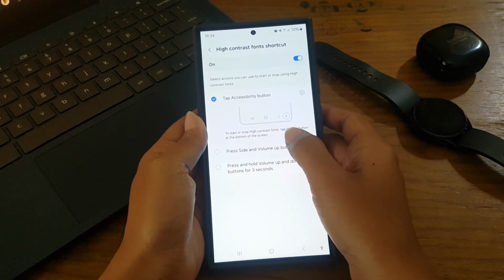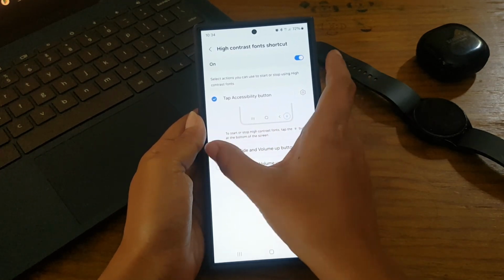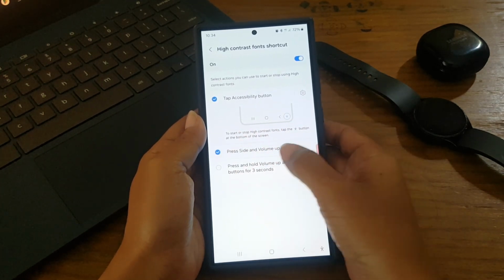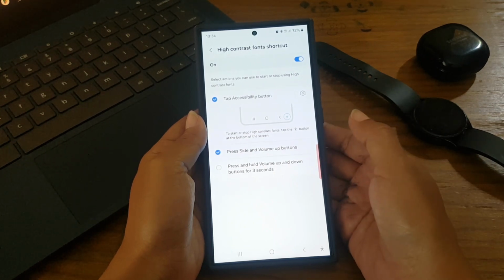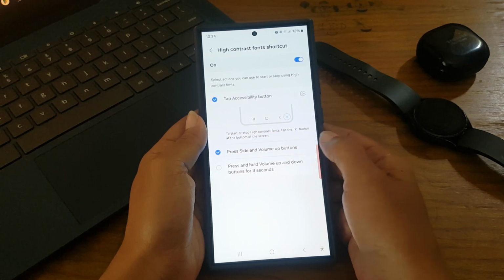Second, press side and volume up button. If you choose this option, you can easily enable or disable the high contrast font feature by using this button